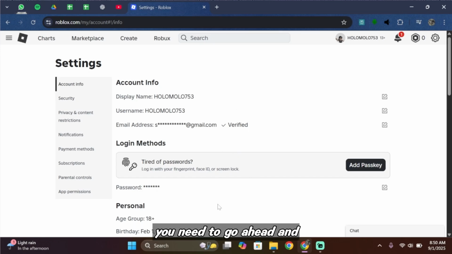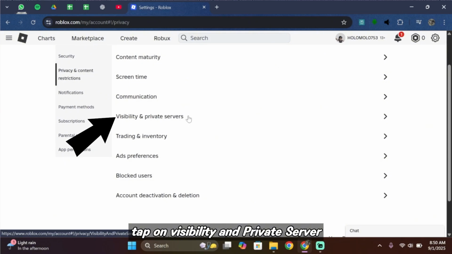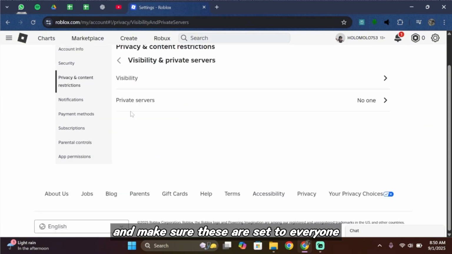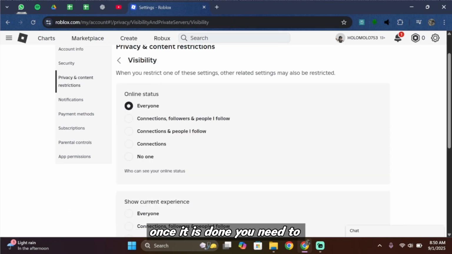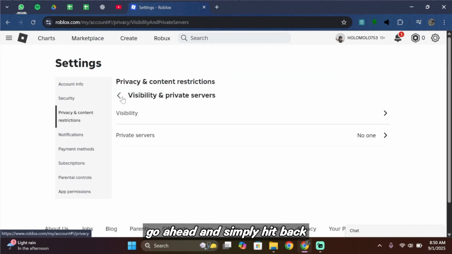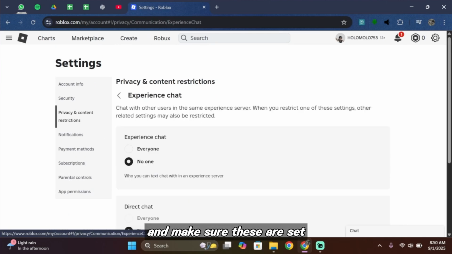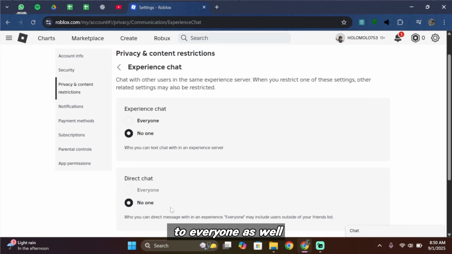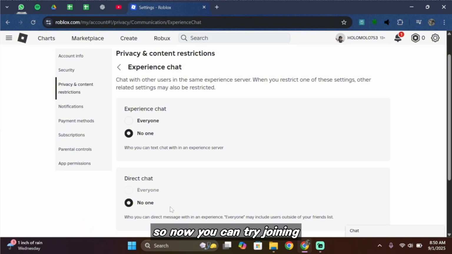Once you've done that, you need to go ahead and tap on privacy and content restriction. Scroll below, then tap on visibility and private server and make sure these are set to everyone. Once it is done, you need to go ahead and simply head back, then tap on communication and make sure these are set to everyone as well. And that's it. This ensures you won't get blocked when trying to join certain games. The setting saves automatically, so now you can try joining